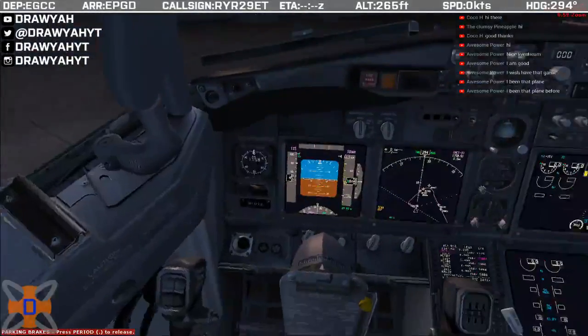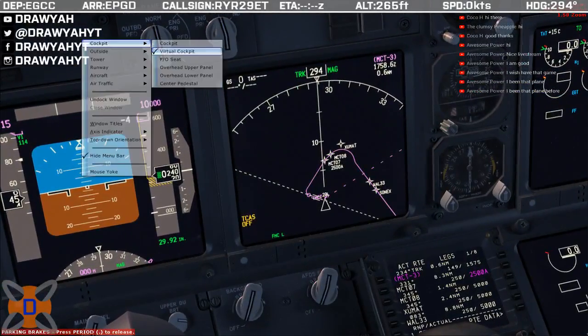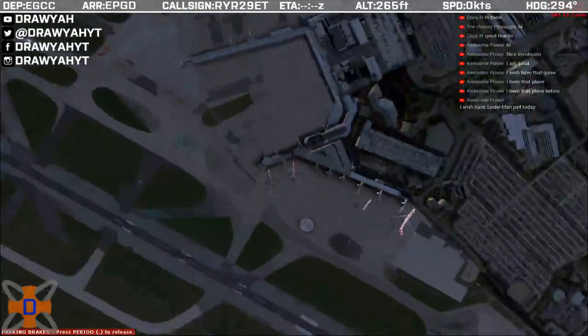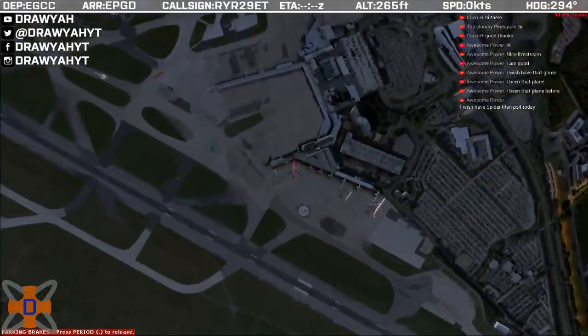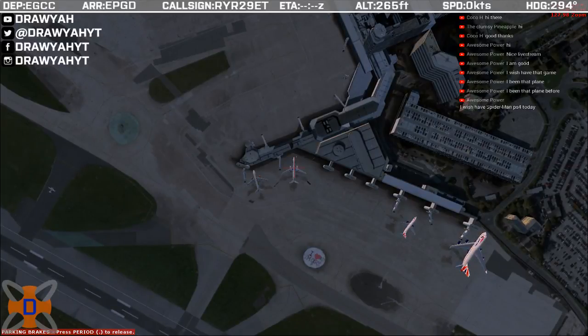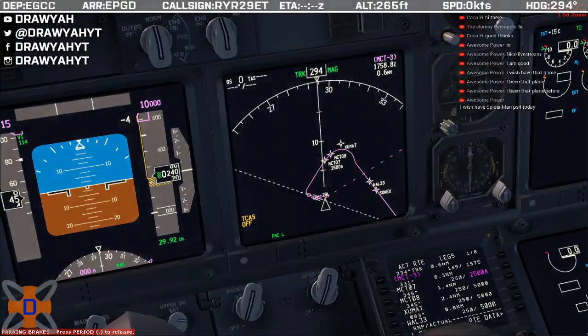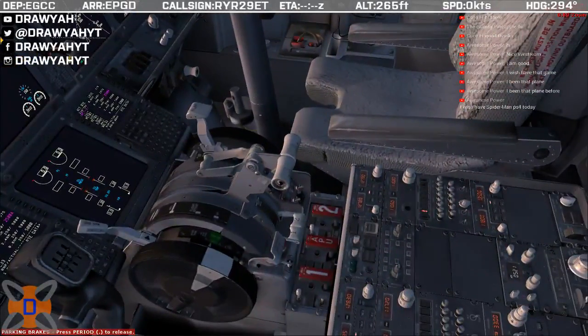Manchester Ground, hello, hold position, allow the shuttle to the Airbus A320 to pass. Oh, disregard. There's a little Baron 58 on the taxiway there. Romeo, Kilo, Bravo and Alpha. So if I turn on TCAS now,